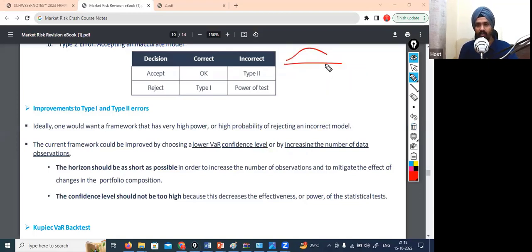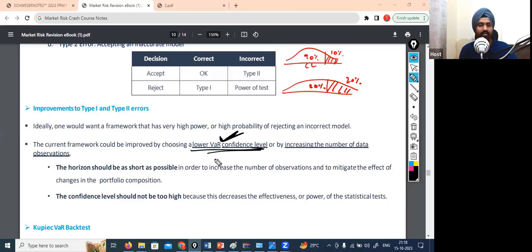Let's say this is 10% significance, and this is 90% confidence level. If this is, let's say, 20%, this is 80% confidence level. So as you can notice, if you have a lower VaR confidence level, when you are moving from 90 to 80, when you're just lowering the confidence level,